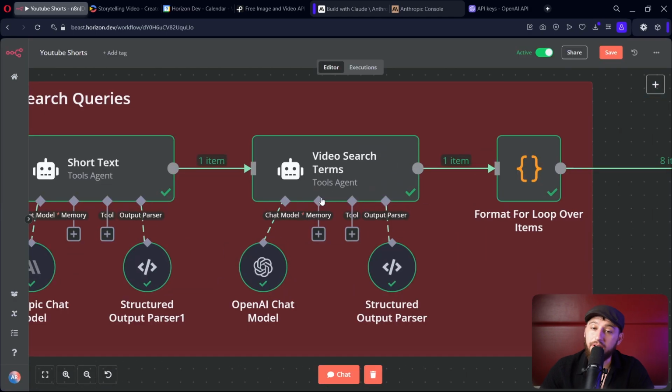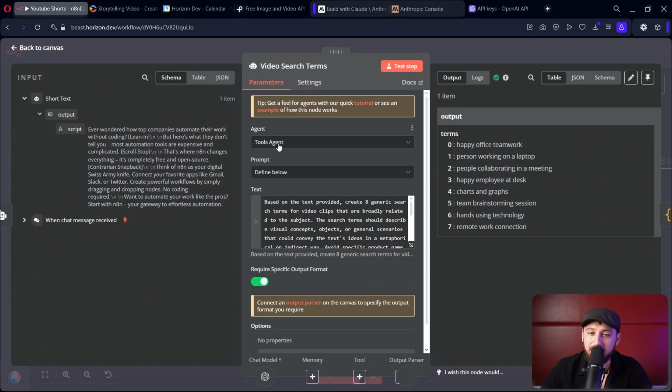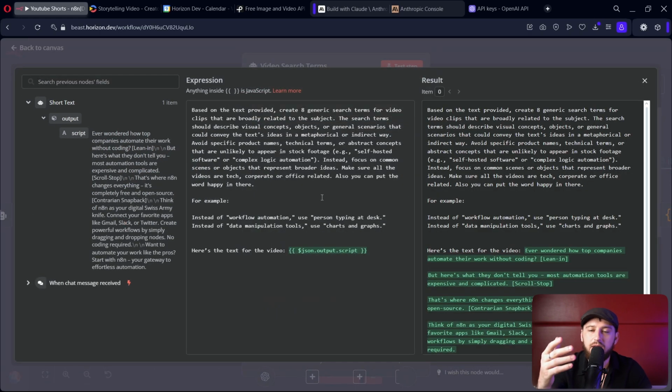Next, we have another AI agent node, but for this node, I'm using ChatGPT instead of Claude. I find that ChatGPT has better reasoning than Claude does. However, Claude is a much better copywriter than ChatGPT is. Again, this is a tools agent with the prompt being defined below. And here, in the prompt, I'm telling it to generate 8 generic search terms for the video scripts that are broadly